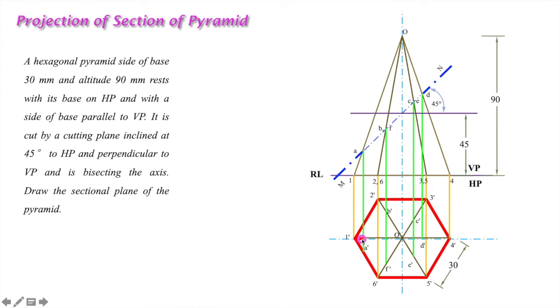So join this part, because 1 dash A dash will be there and the rest part will be removed. This is 1A, it will be there, and the rest, this top part, has been removed. So this line will be extended, 1 dash A dash, like this. Similarly 2 dash B dash, 3 dash C dash, and so on. Now you have to join these points. It is generated due to these AB, BC, CD, another hexagon, but that is not a regular hexagon. This hexagon is generated at the cutting surface.